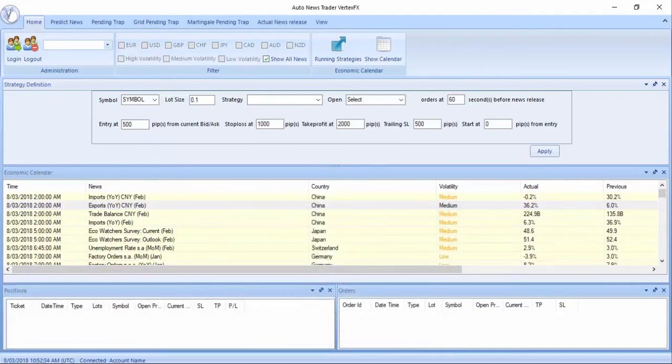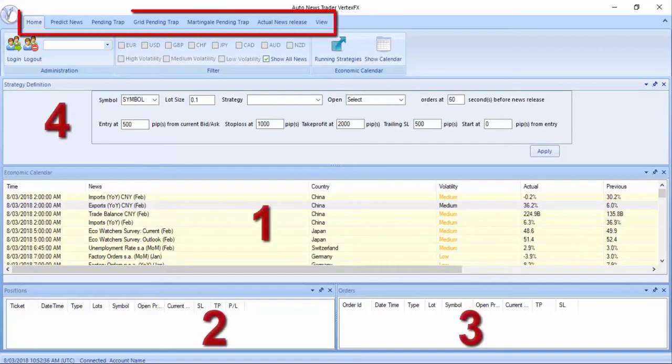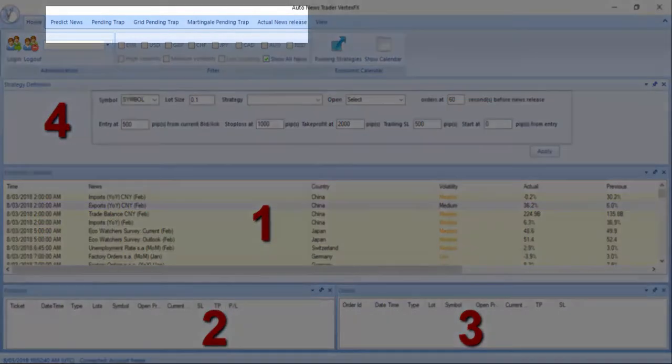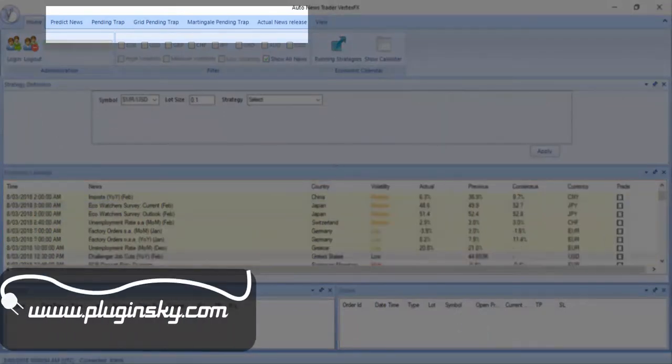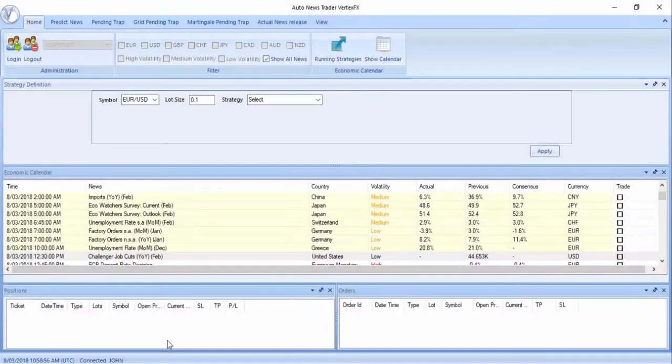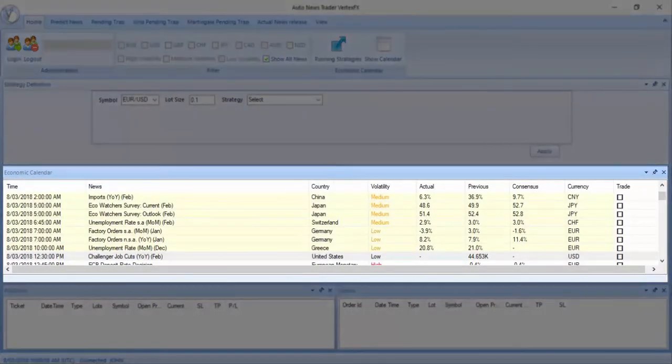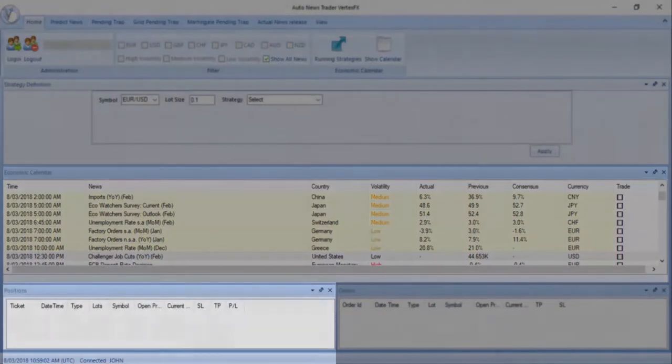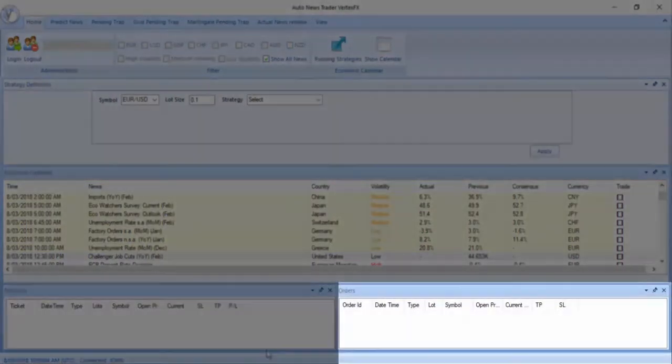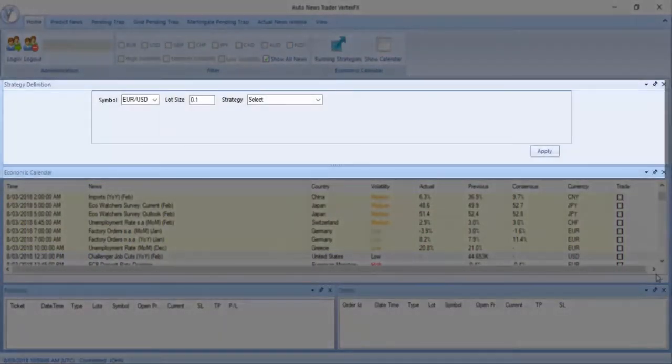When you first open the plugin, you'll notice 7 tabs and 4 different areas. 5 tabs of the 7, considered as sub-strategies, we will come to explain each one in detail. Let's begin with the 4 areas. The first area is the economic calendar, which is the cornerstone of this strategy. The second is the positions panel, the third is orders, and the fourth is the strategy definition, where you can change the parameters